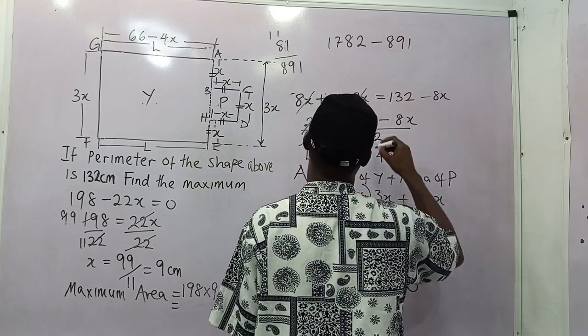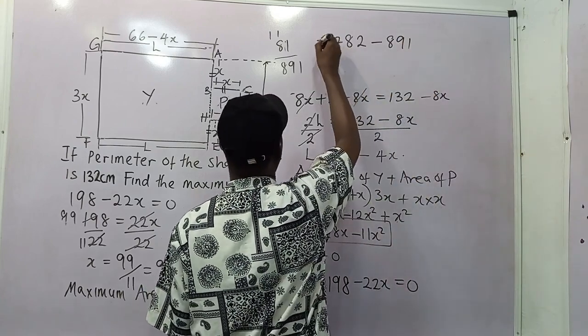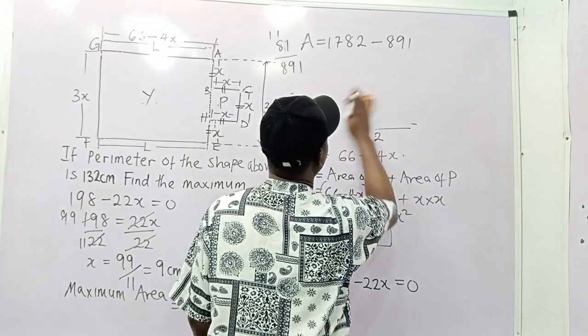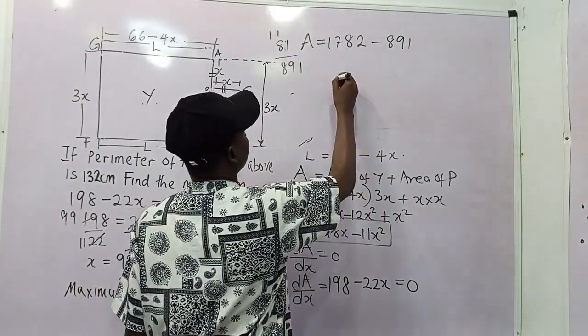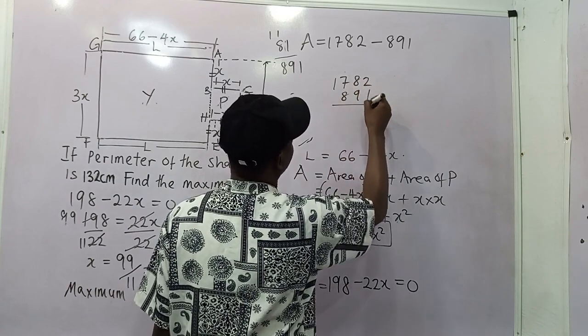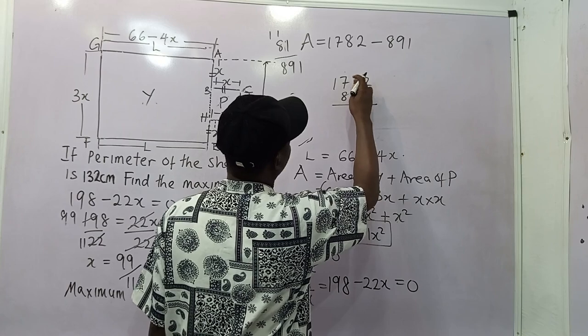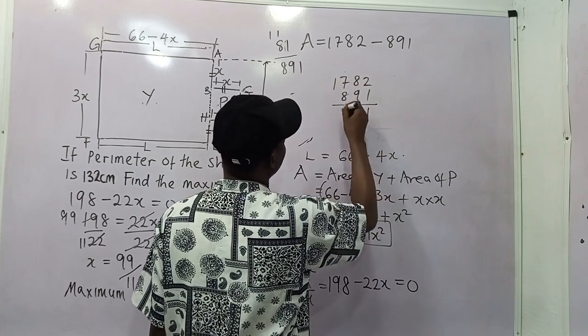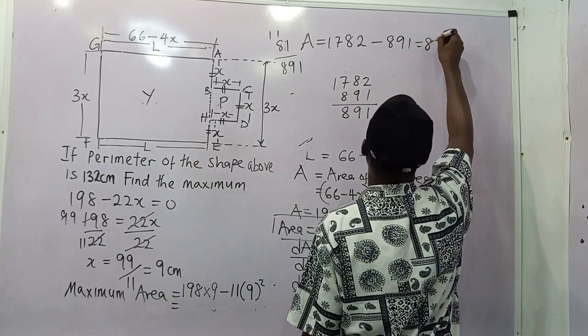So if you subtract to get the area, 1782 minus 891, I would have 1, borrow here, we have 18, 18 minus 9, remainder 9, we have 8. So we are going to have it as 891